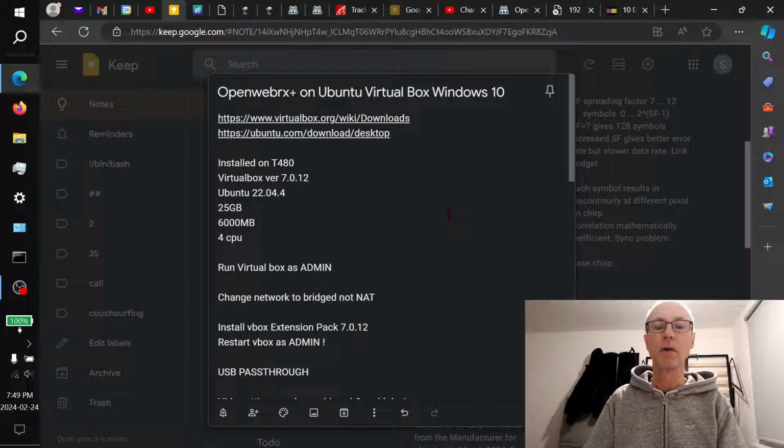You need to install an Ubuntu virtual machine, Ubuntu 22.04. That's the latest version, 0.4, came out a few days ago. And it needs to be installed in a virtual machine if we're going to do this on Windows. So I use VirtualBox that